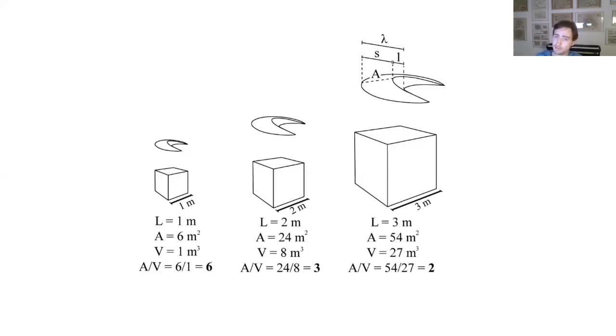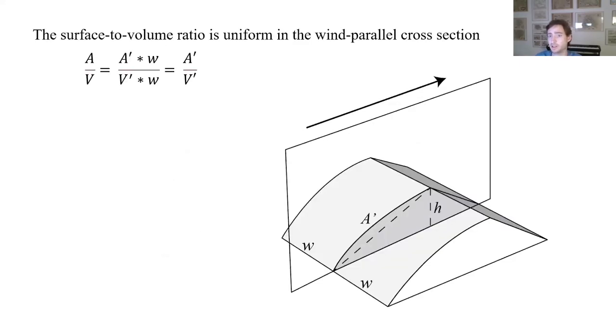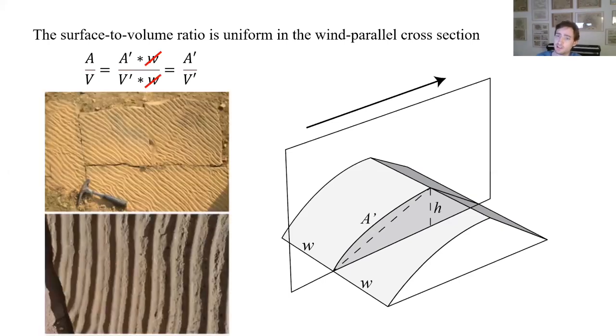Now, the same can be said for dunes, but in the case of dunes, the shape also plays a really important role. To illustrate this, the first thing we have to demonstrate is that the surface to volume ratio of bedforms is completely irrespective of the width, because both the surface area and the volume depend on the same factor of width. So when making this ratio, we're essentially canceling out width, explaining why these bedforms tend to form